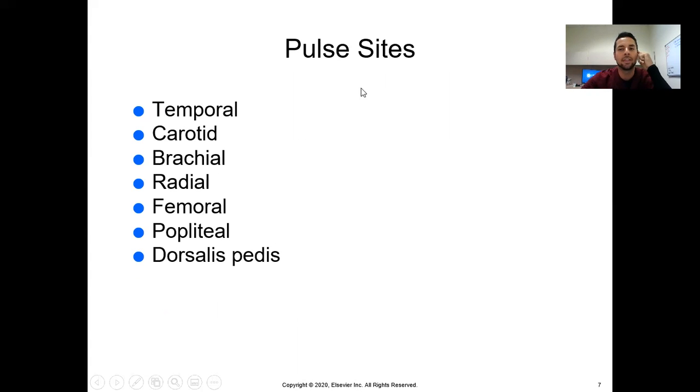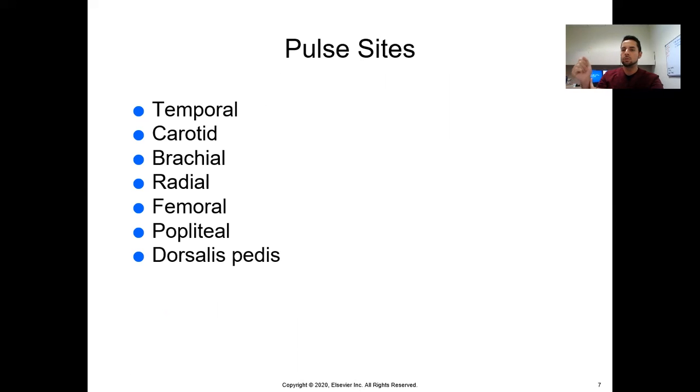Different locations to get the pulse. So the temporal is another region where we can get the pulse. If you feel it right here, lightly, you can feel the actual blood going through the arteries, and each kind of thump would count as 1. Okay, then we have the carotid here, then we have the brachial right here,